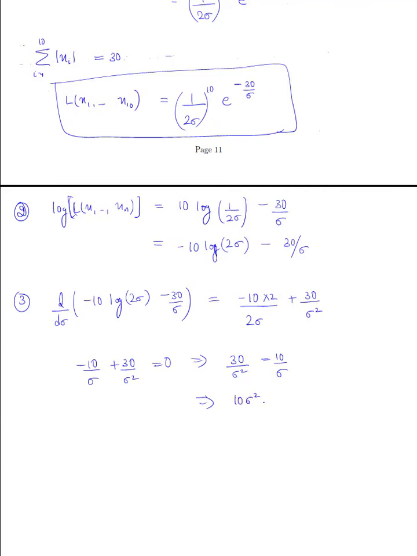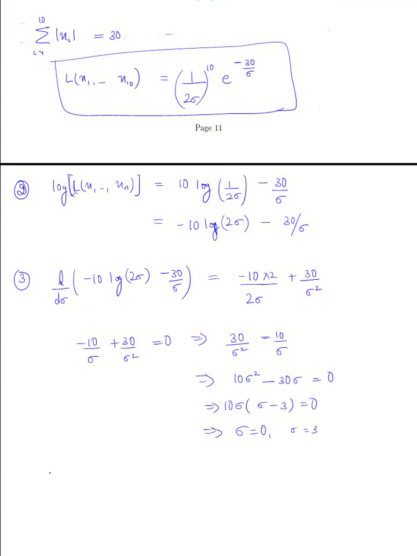So 10 sigma square minus 30 sigma equal to 0. Let's take out 10 sigma, so sigma minus 3 equal to 0. So we get sigma equal to 0 and sigma equal to 3. The maximum likelihood estimate of sigma, sigma hat ML, is going to be